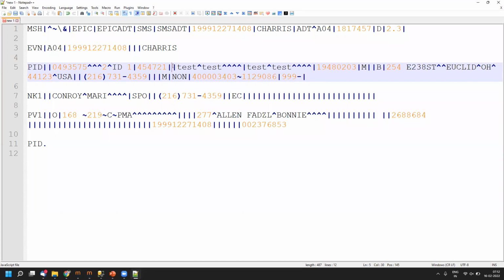So if you want to navigate through an HL7 message that got generated after a certain event or after a certain action, you